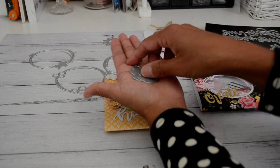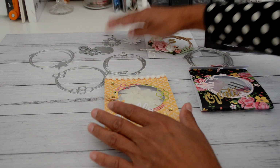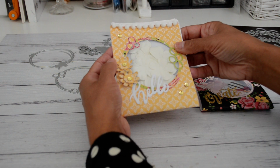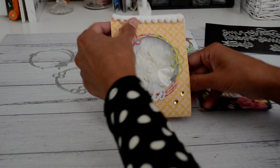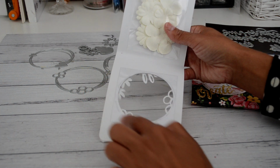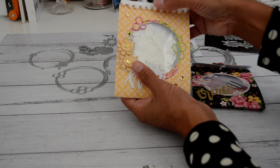And these are really fun flower shapes. So I did get those, and then I just added some pom-pom trim. Again, I've done the same thing, just cut out a circle using my circle die and added some clear acetate to the back and glued that down, and then just a foam dot just to keep the packaging closed, and